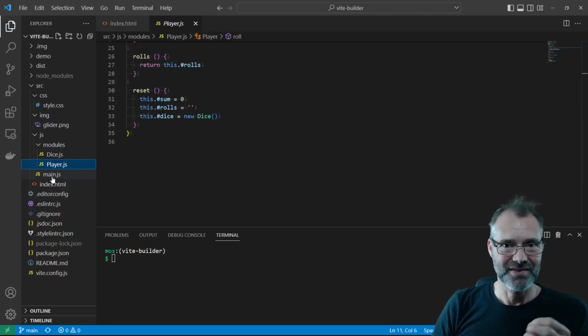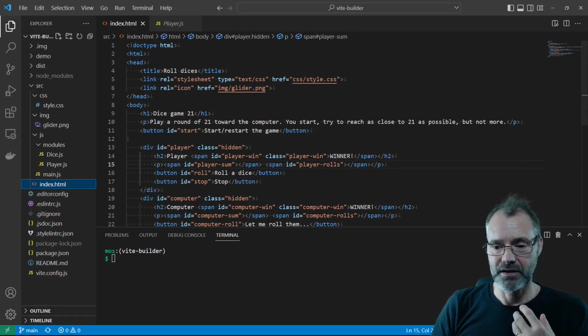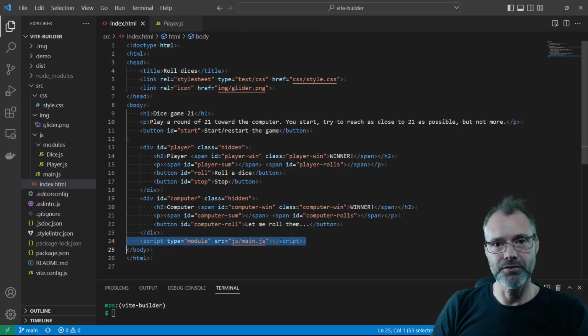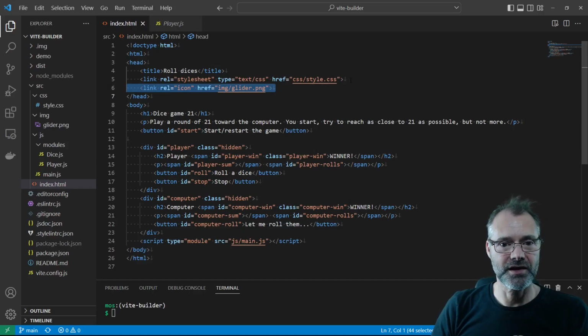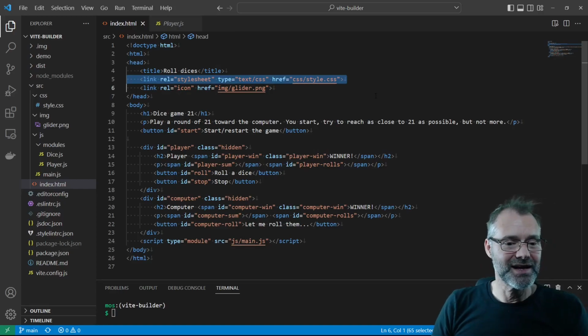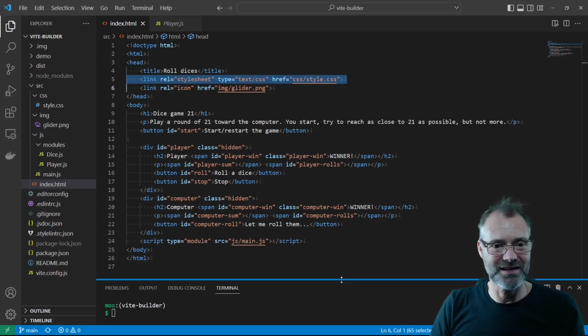So this is an application divided into several files, and that is an easy way to work with the source code. Here is the index.html, and we also see that we include the main JavaScript file there. We include the favicon there and the style sheet there. Good. So let's see, because it is a bit interesting how this code is getting generated into the build